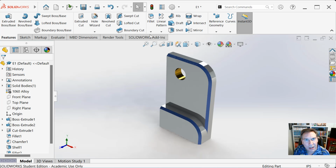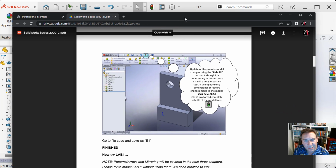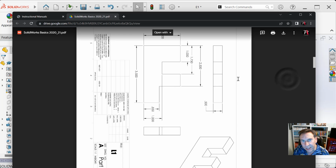All right, let's move on. I'm going to turn off the integrated preview. And let's take a look at our next thing here. So right here we have Lab 1. Now if you download this, you can actually rotate it, usually with the right click. And I'm not getting it here because I probably have to download it. If you hit download there, you could do it. Let's see if there's...